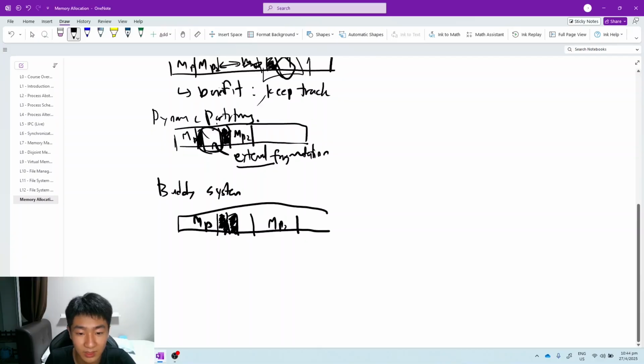I'm not used to this. Let's say MP2 is freed. I'm going to draw that back. Let's say MP2 is freed, and now we have this much space. It's immediately free space that can be used by other programs. And even if we freed MP itself, this is still space that can be further subdivided to store